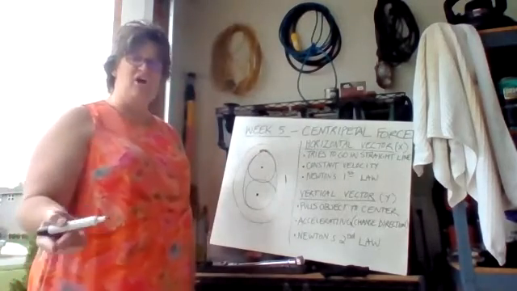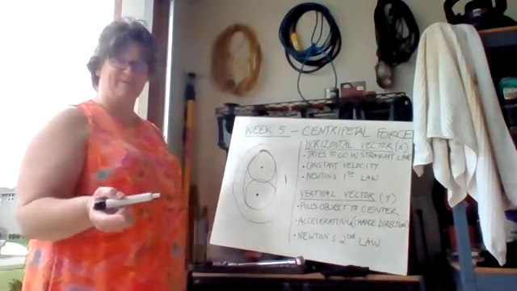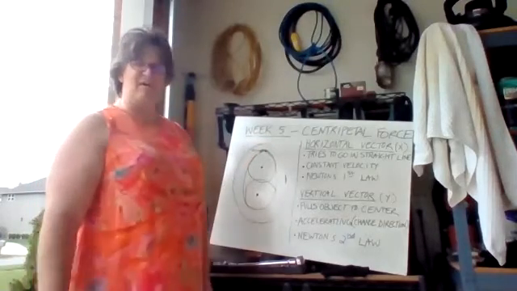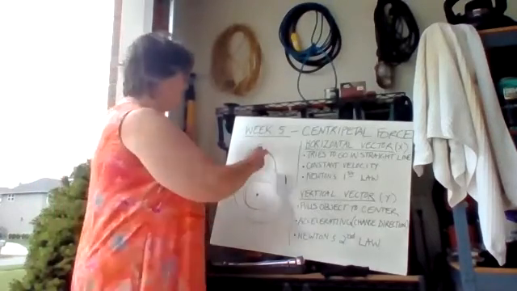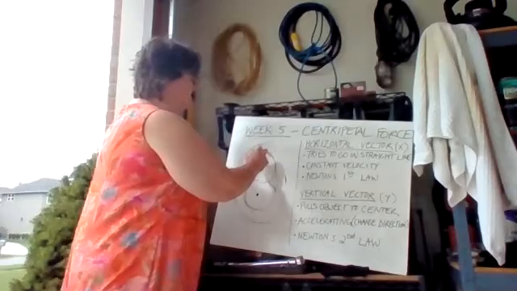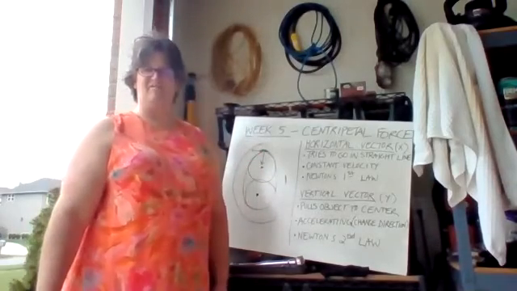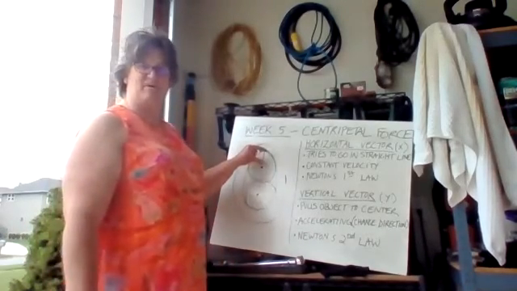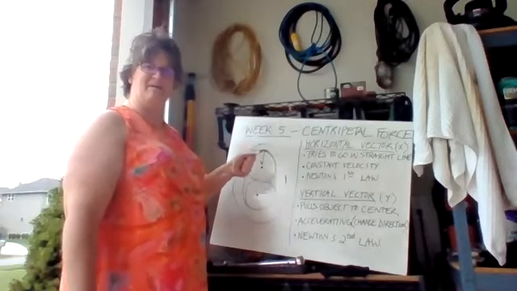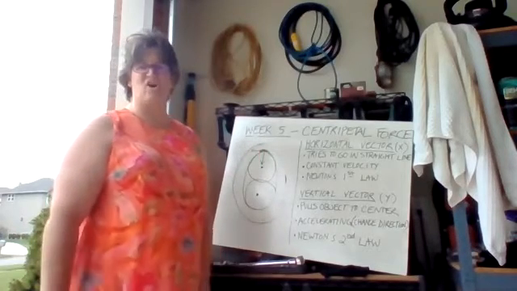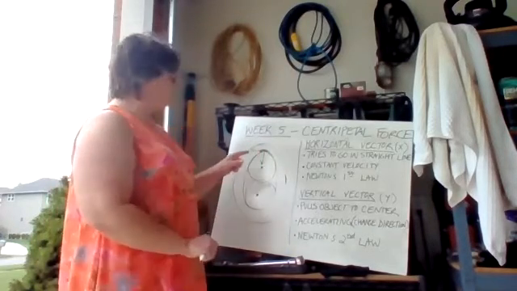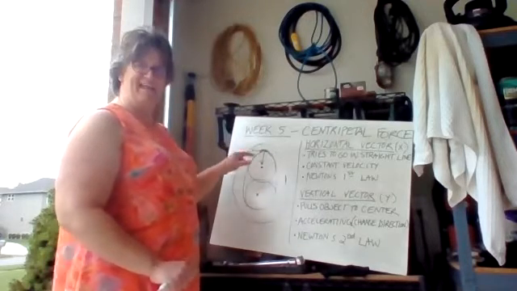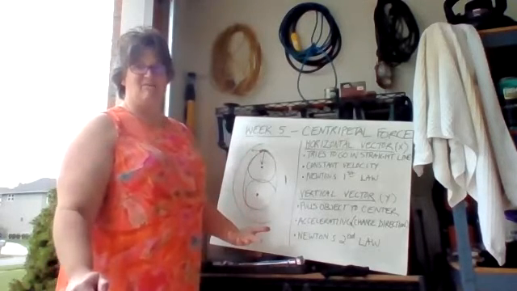Now remember, there are two vectors happening at the same time. There is a vector that wants to go in a straight line, and there's a vector that is pulling Shako to the center of the circle. Ideally, we want this force that's pulling him to the center to be a little bit stronger so he stays on the curve, because the minute that it's not strong enough, then this other one is going to win,